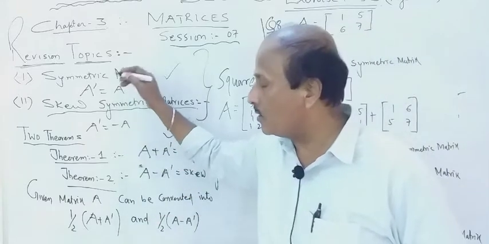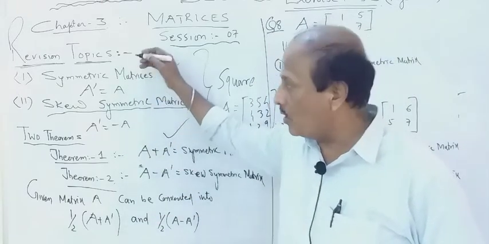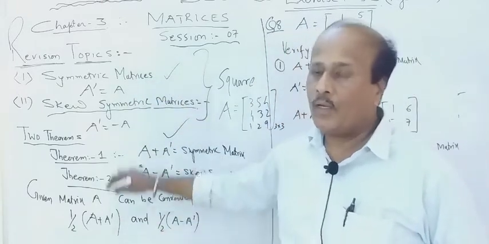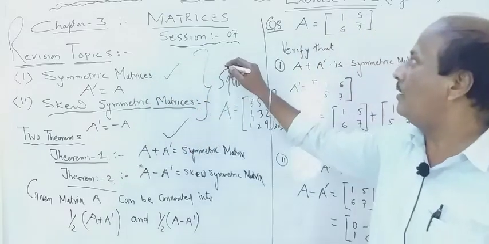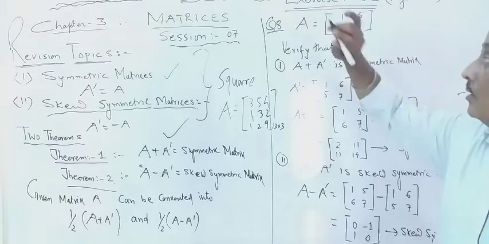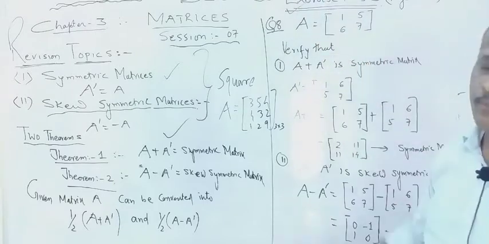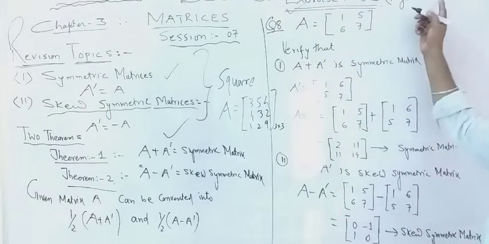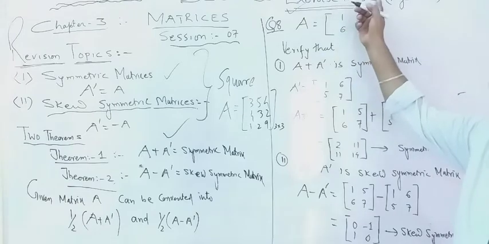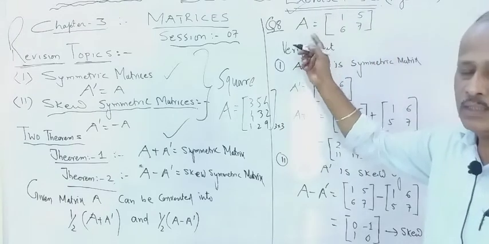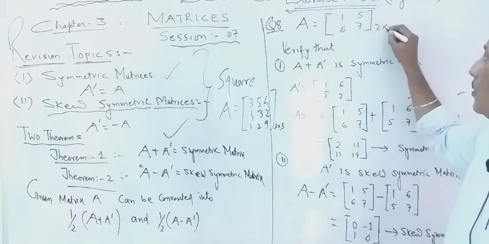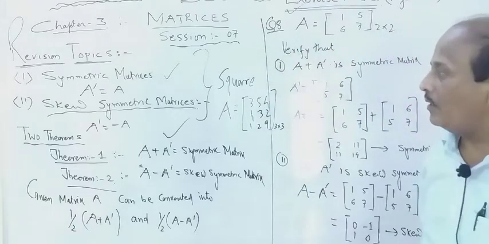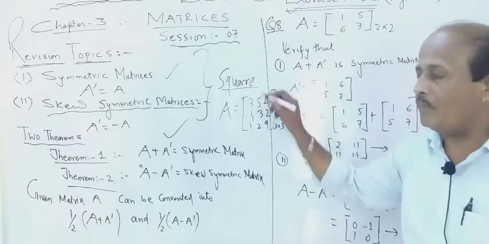Since this topic was very important, I took it as a revision topic, and based on this topic, 1 or 2 questions are given in the exercise also. So in exercise 3.3, on page number 89, first of all I took one easy question. There is one matrix given of order 2 cross 2. Now whatever we are doing, everything will be of a square matrix only.